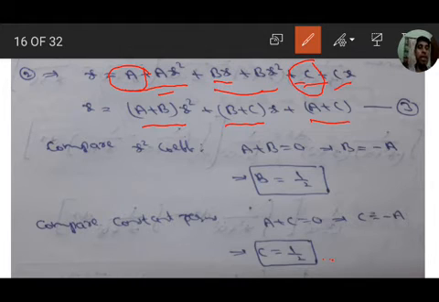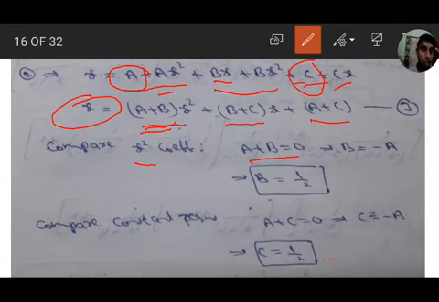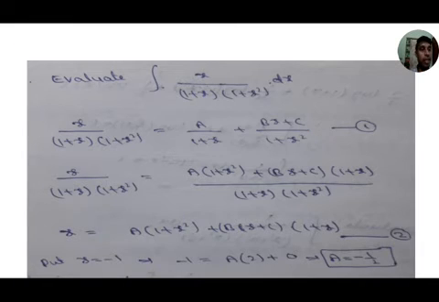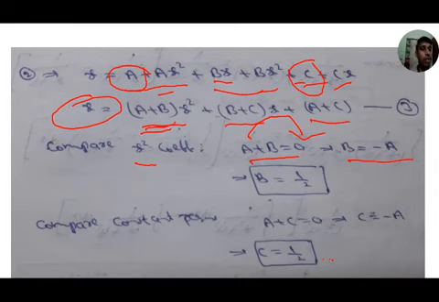So compare the x square coefficient. I am comparing the x square coefficient on both sides. Then we get no x square terms on the LHS, that is 0. In the RHS, the x square coefficient is a plus b, so a plus b equal to 0. Therefore b equal to minus a, and a equal to minus 1 by 2. Minus of minus 1 by 2, that is plus 1 by 2.